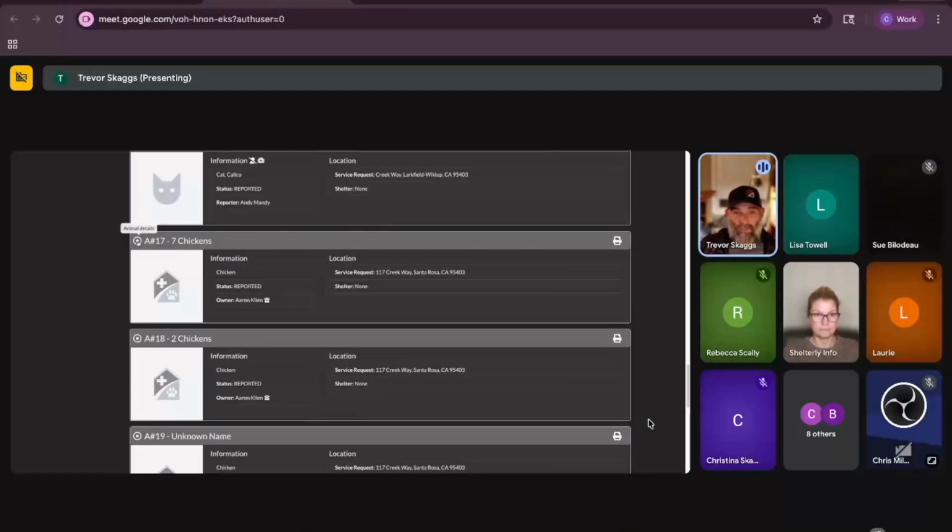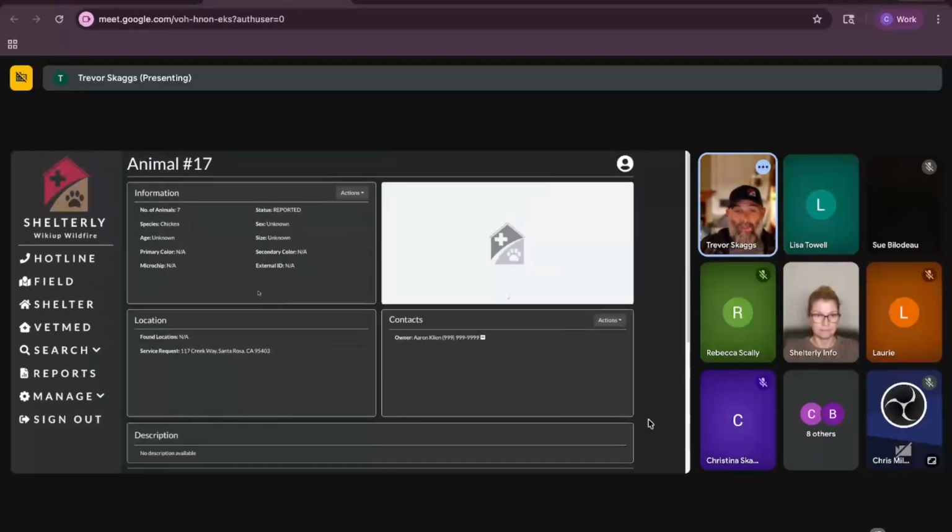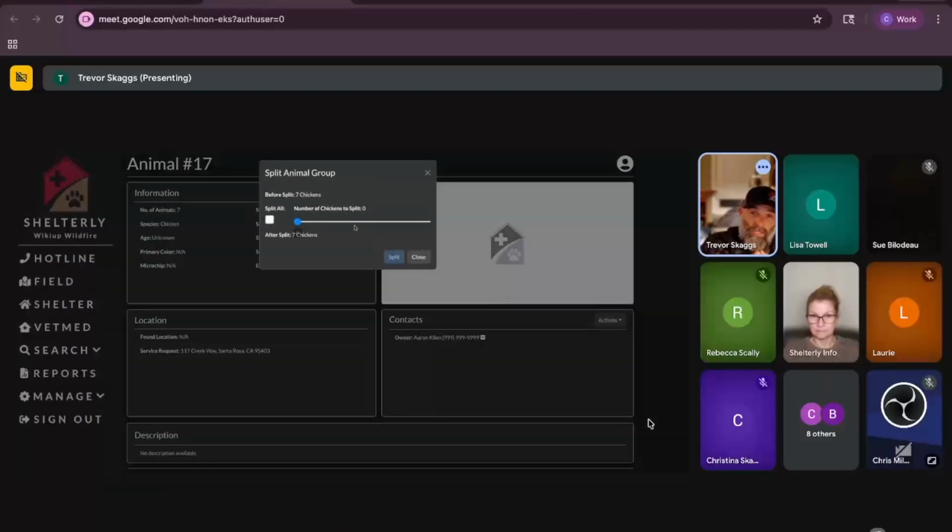So we've introduced the ability to split animals. Here, for instance, I have one object of 7 animals. So this is 7 chickens. Historically, the split animal group allowed you to use this slider, and you could say, I want to split it into 3 and 4 chickens, or I want to split it into 6 and 1